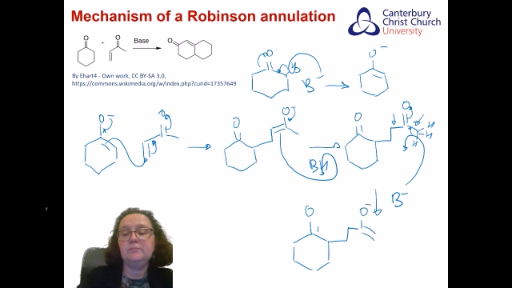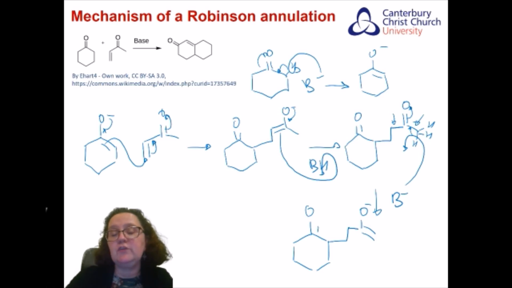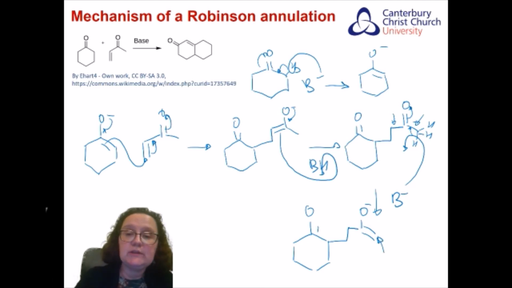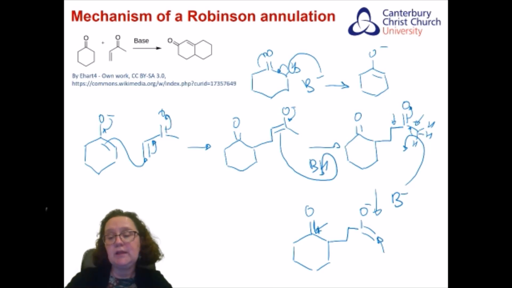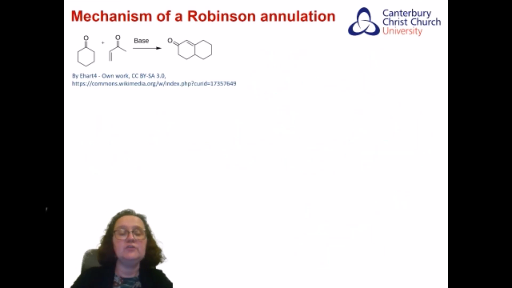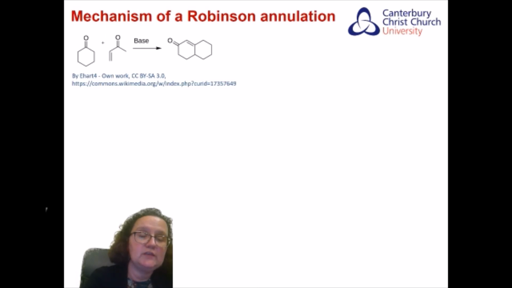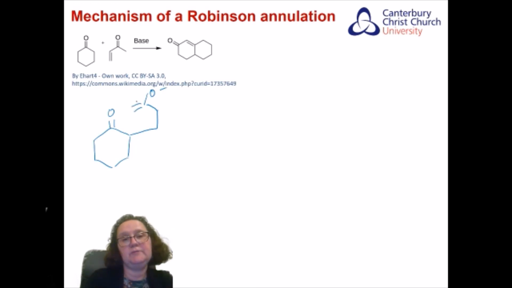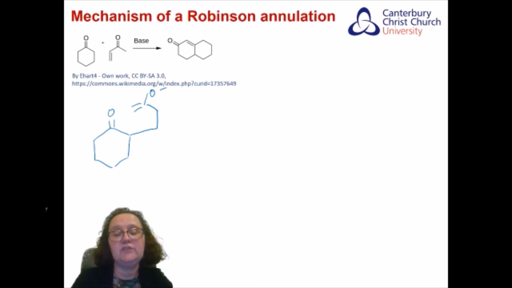Now we have an enol form, but the double bond is on the other side, and the other carbon adjacent to the carbon with the oxygen. And it's going to be this carbon here, which is going to attack the carbonyl group from the cyclohexanone fragment. And at the moment, the way I drew it, they are quite separated. But if I draw it in a slightly different way, so they are closer together, hopefully you will see how the second 6-member ring forms. So I'm going to draw it like this. And I'm going to put the oxygen here and the double bond here. And now hopefully you can see how that 6-member ring forms